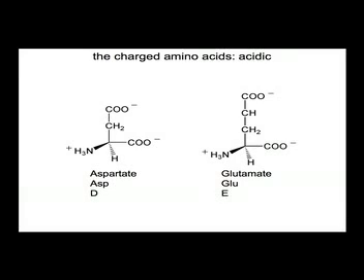Glutamate, or GLU, has an extra methylene. That should be CH2 at the alpha, beta, gamma carbon, and then again the acidic side chain. I'm not a stickler about these pKa's. Let's just remember that there are about 3 or 4 for those side chains. So immediately, let me remind you that although we're not going to be seeing a lot of charged alpha amino and alpha carboxylic acid groups in protein polymers, for those side chains, their protonation state becomes what we care about. So D and E are acidic side chains,